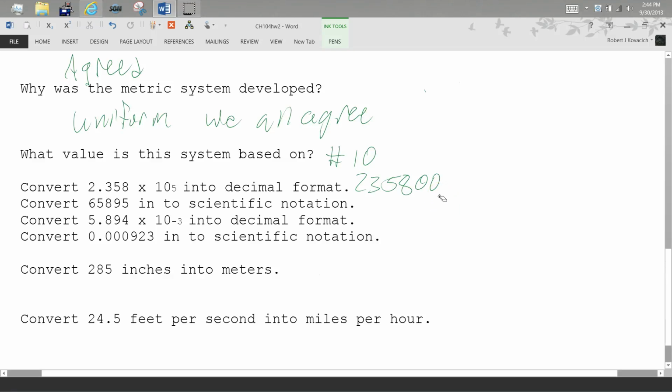Okay. Next one. So we'll do 6.5895 times 10 to the what? 4. Okay, good. So that was 4 spots. 1 to get right there. So we're going to convert this guy into scientific notation or decimal format. So it's going to be